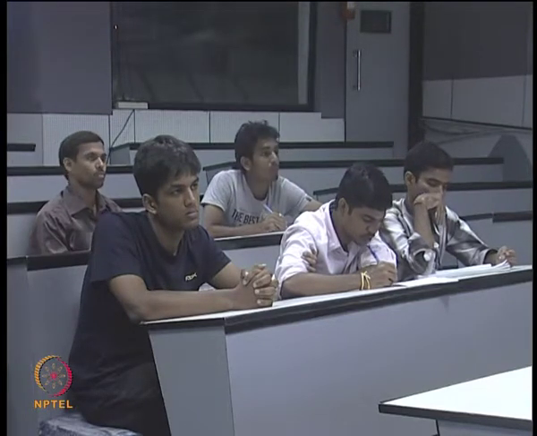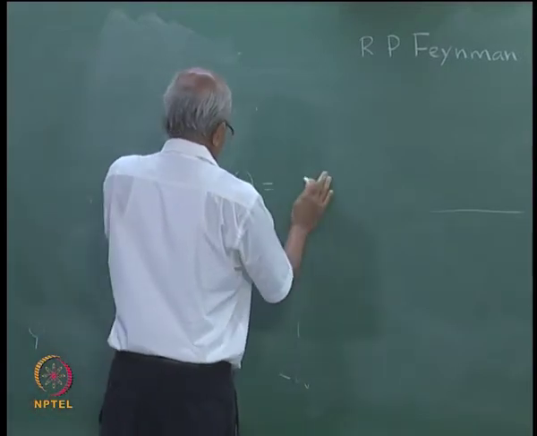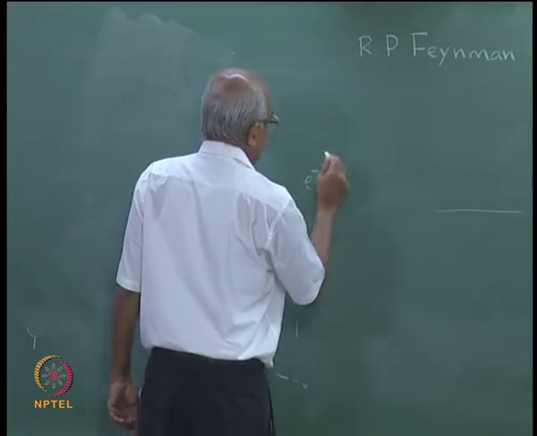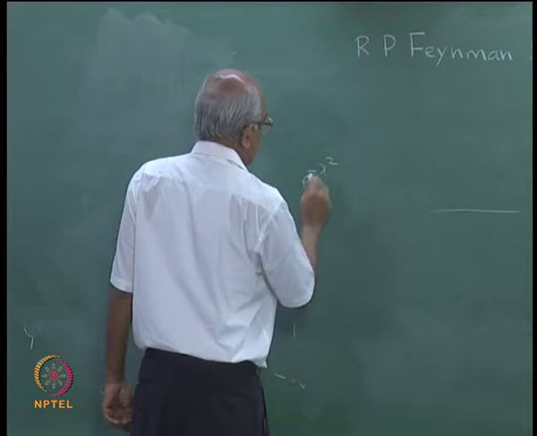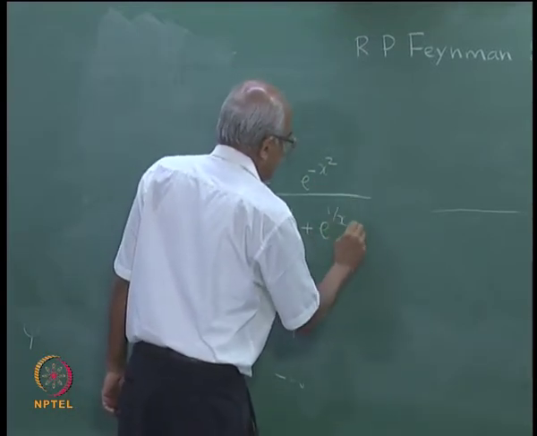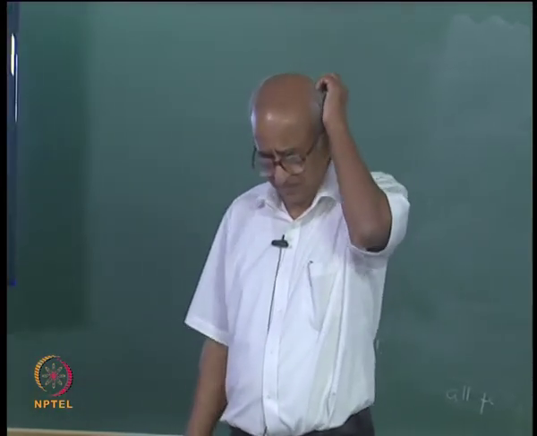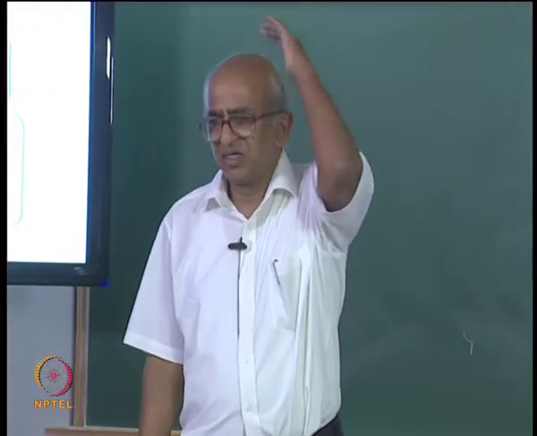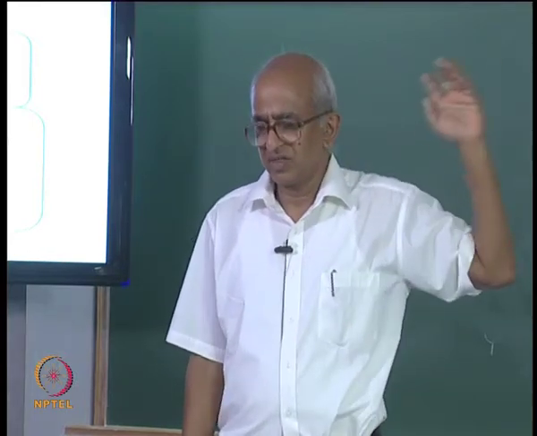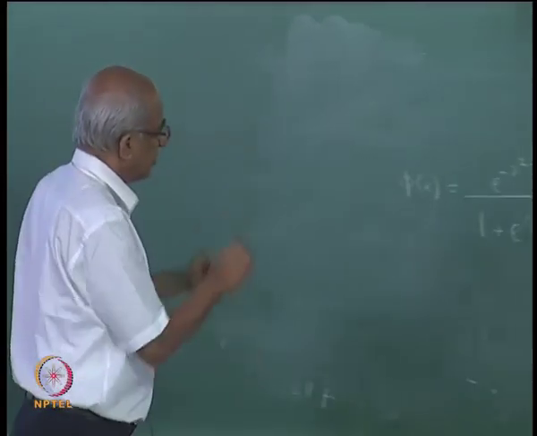Now, suppose I have a function phi of x, which I will write. This may appear a little bit complicated, but if you think about it, it is a nice example. I want you to think of this function. For some people it can be a difficult function, but this is a nice example for a function which has a peculiar behavior.